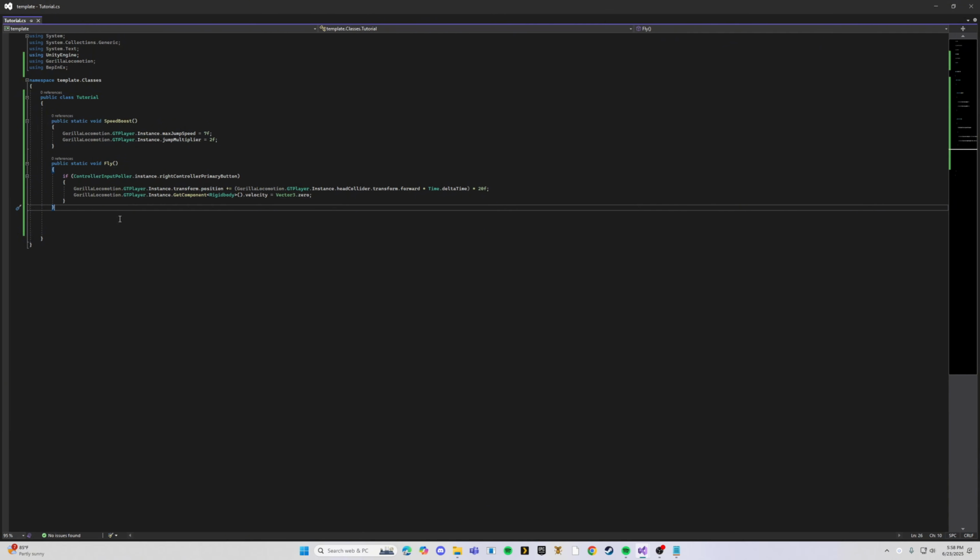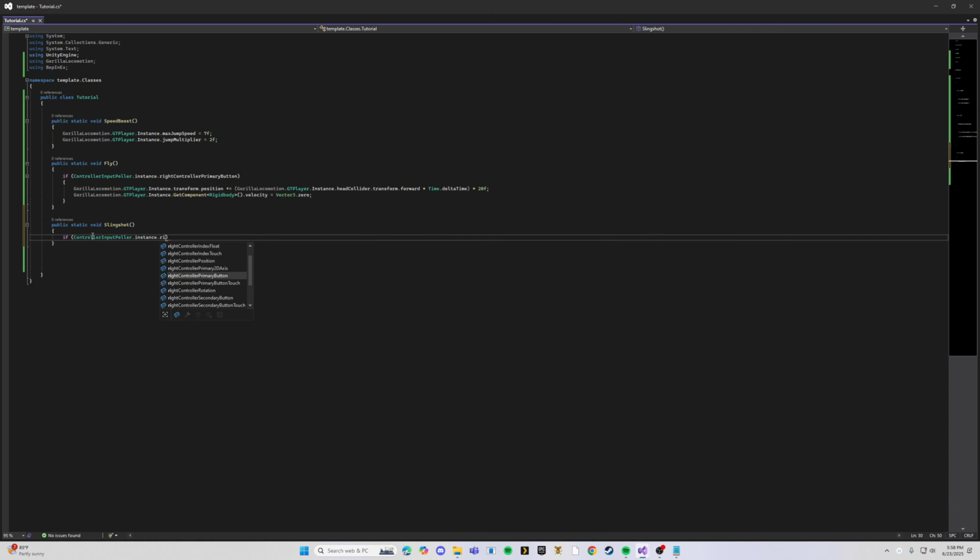So next mod we're just going to make a slingshot mod. Dude, I cannot spell. See, make a new void. But this time we're going to do if ControllerInputPoller.instance.rightControllerIndexFloat is greater than